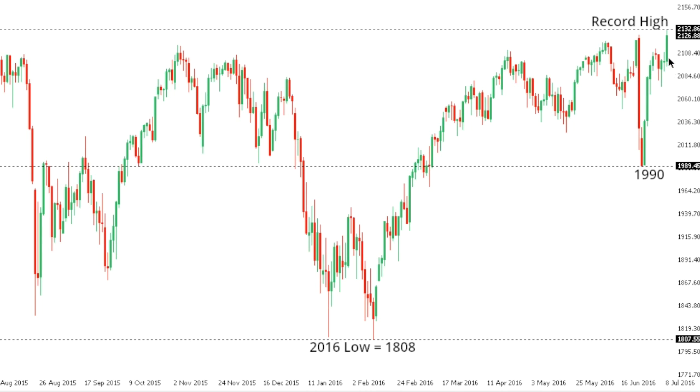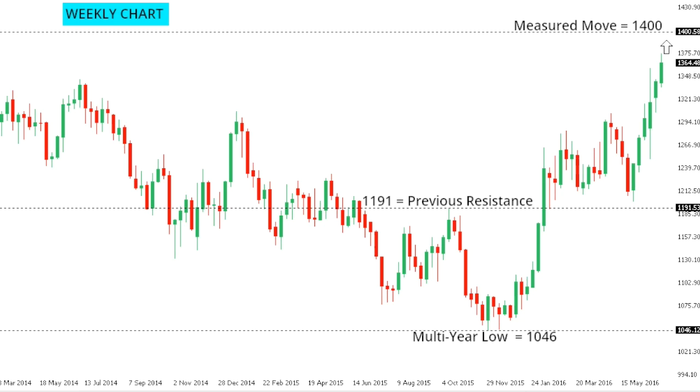Look for a break back below initial support, which comes in at 2095, 2094, to take the immediate pressure off the top side and open the door for a resumption of declines. But inability to do so does keep the pressure on the top side, with the market potentially looking to establish fresh record highs. Gold. So the outlook for gold hasn't changed in recent trade, with the market continuing its ascent